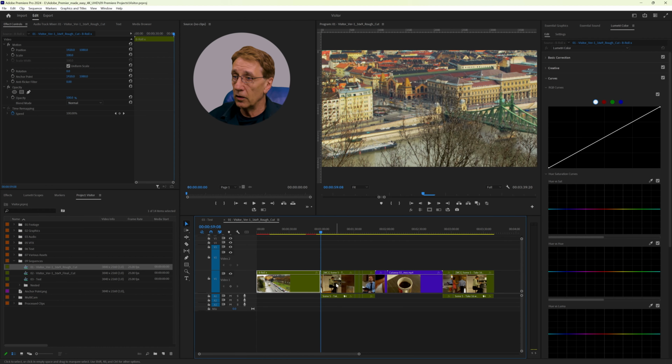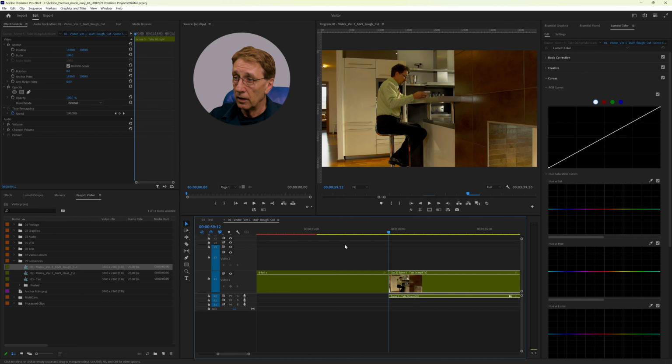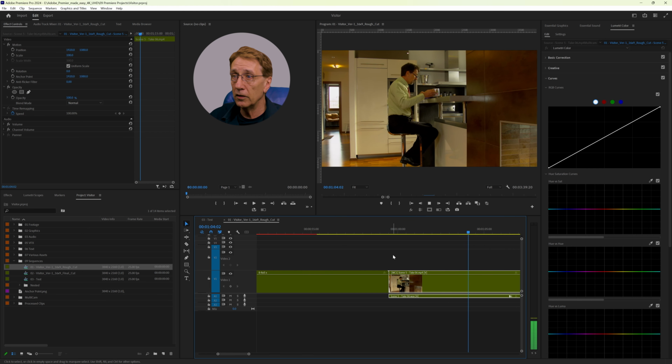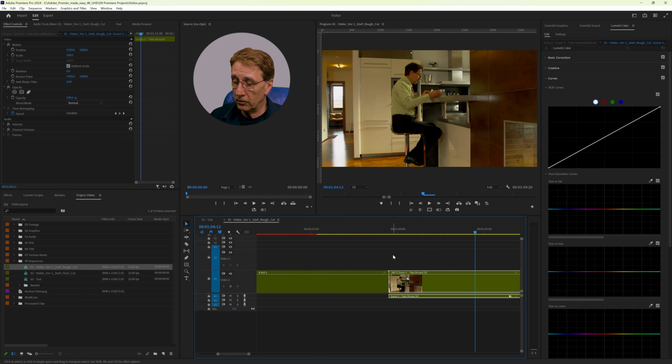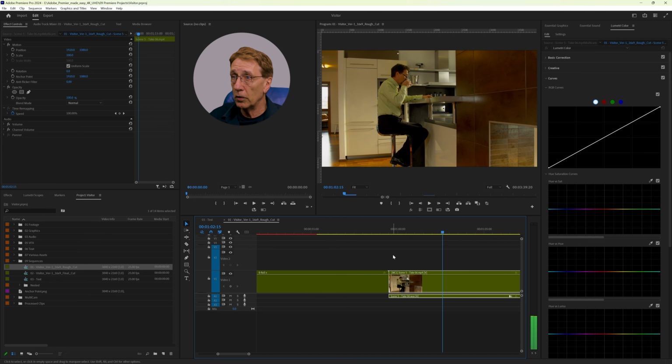And now we start with this first clip, where we also want to have a little bit of a zoom. We see that after a while the camera is panning, and before the camera starts moving towards the entrance door, we want to stop our effect.